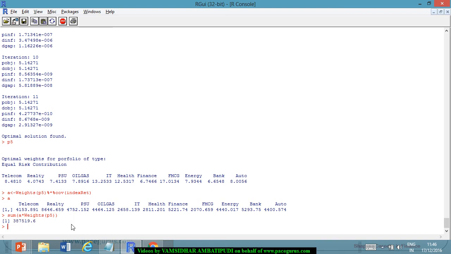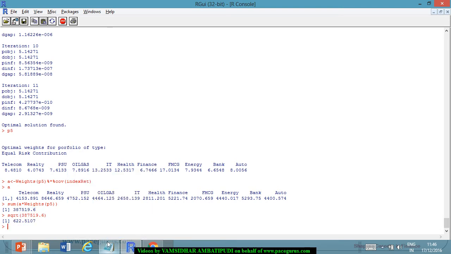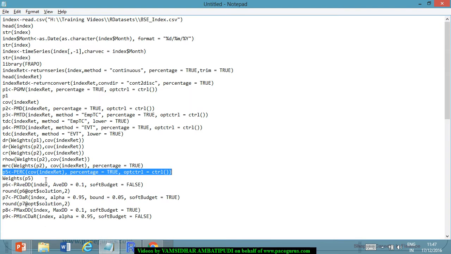Comes out that the total variance of the portfolio is 387,000, and taking the square root of the same, which is the standard deviation of the overall portfolio, it's around 622, much higher than the first three methods that we have gone with. So the overall portfolio variance is much higher, but at the same time, if I look at the marginal risk